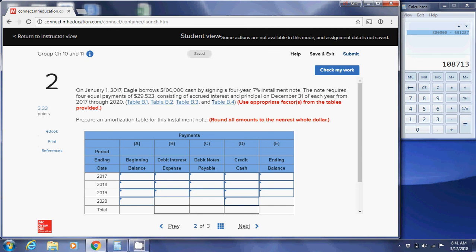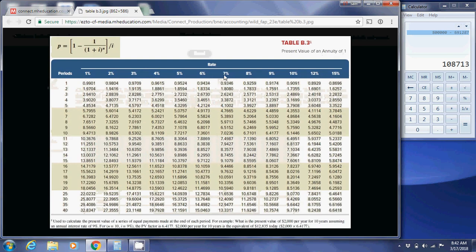Well, it's a 4-year note, it's 7% installment, and you have to ask yourself the question, what is this? Is it a lump sum or an annuity? And it's absolutely an annuity because it's going to be equal periodic payments. That's on table B3. So looking for 7% and 4 years, 7% and 4 years is this factor of